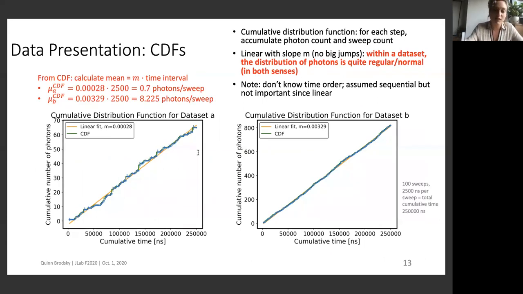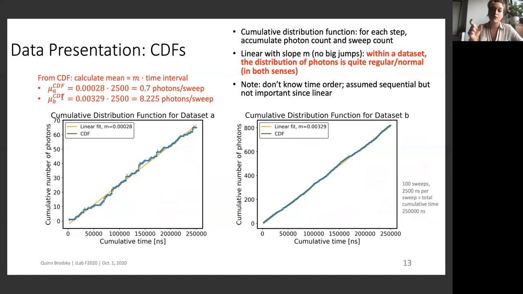I fit this plot to a linear model where the slopes are M and they're shown on the plots there. The fact that the CDFs are linear means that there are no big jumps in the photon counts, which is consistent with the distribution shown earlier. And we can also calculate another version of the mean for the photon counts by multiplying the slope by the